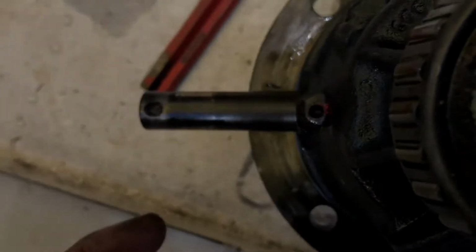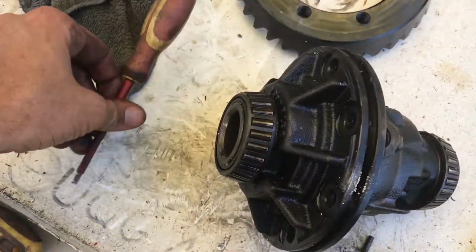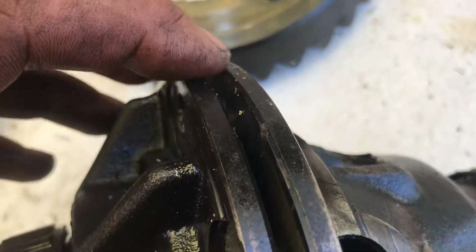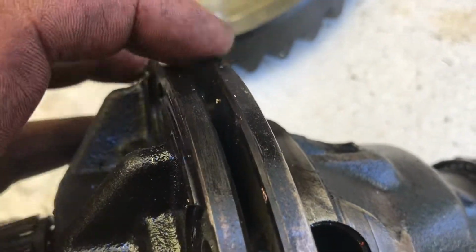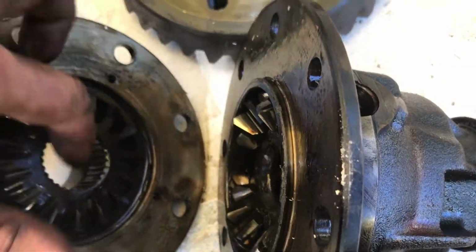So this one on the left was the one that went all the way through, so you've got to knock that one out first, then the other ones will come out afterwards. So next, just grab a flat blade screwdriver, jam it in there, don't be afraid, make sure it's sharp, give it a whack. It shouldn't do any damage because these are pretty hard, and then this will come apart and reveal